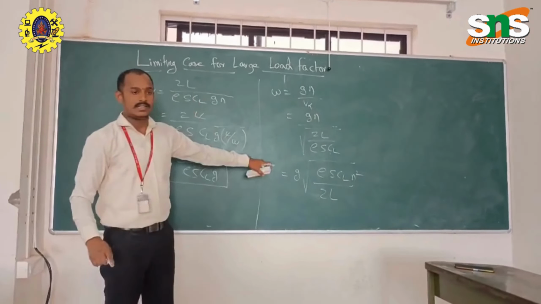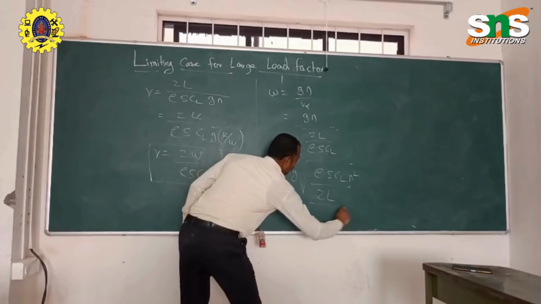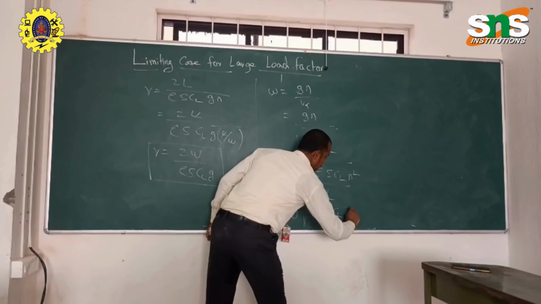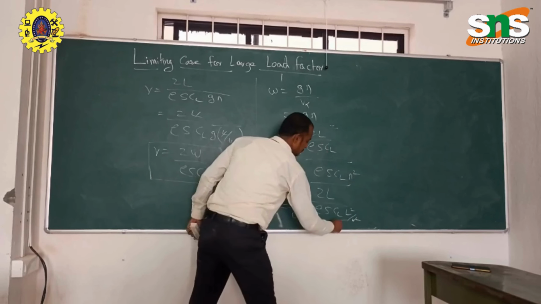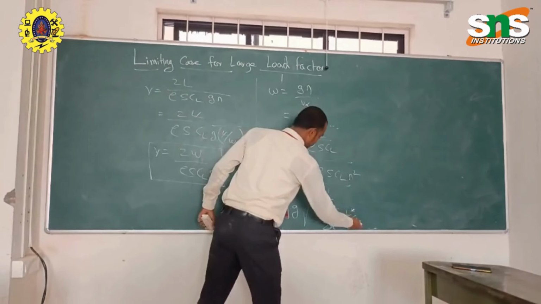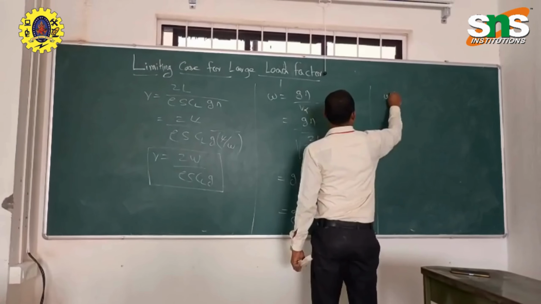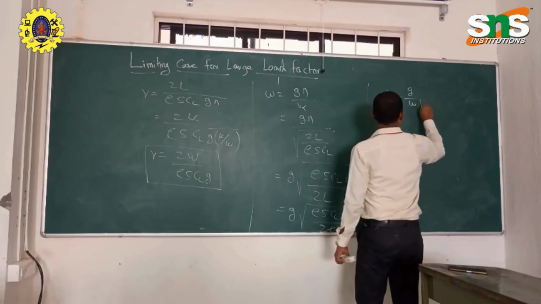So we are getting g root of rho S CL times L square by W square, whole divided by 2L. This L and this L get cancelled, and W square comes out. So we can write this equation as omega equal to g by W root of